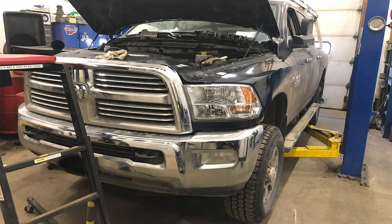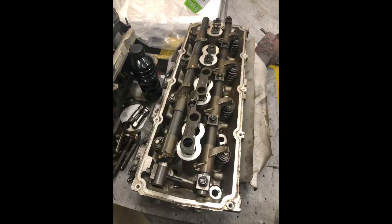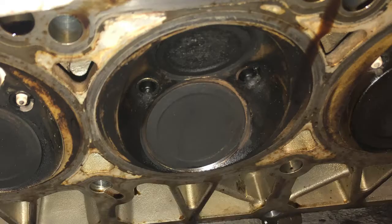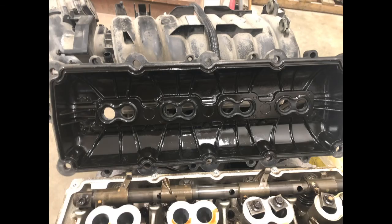Got it in, hooked the scanner up to it, and scanned it for codes, and we found it had a P0300 Random Misfire. It had a P0303 Cylinder 3 misfire. Did notice the tick noise is coming from that left bank driver's side. With that excessive tick noise coming from that Cylinder 3 area, most likely knew we had a lifter issue, possibly camshaft ground down issue. So got this thing pulled apart, pulled the valve cover off, got the cylinder head removed,